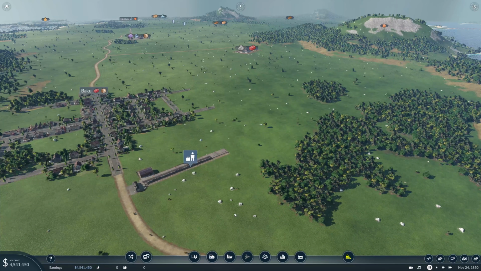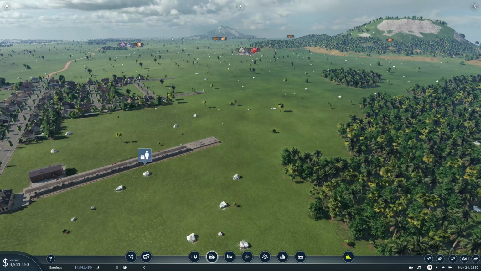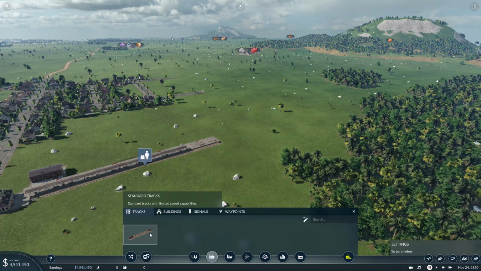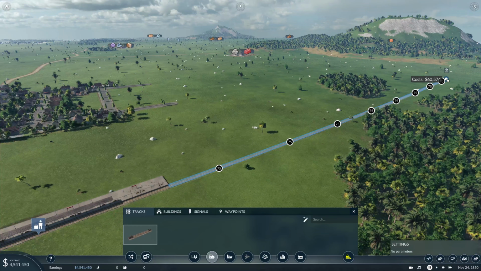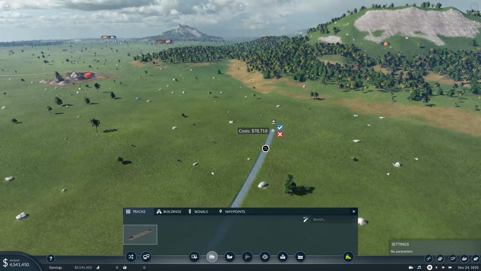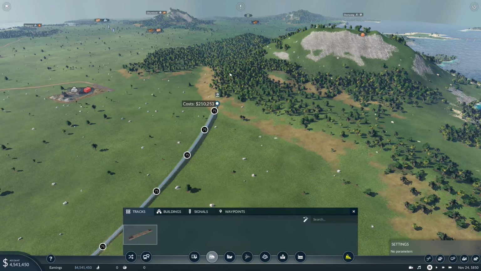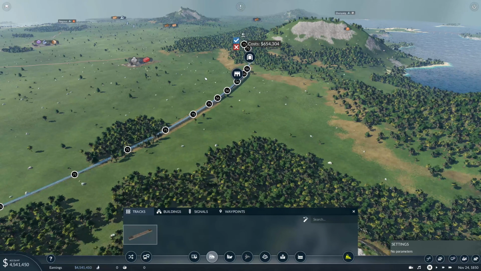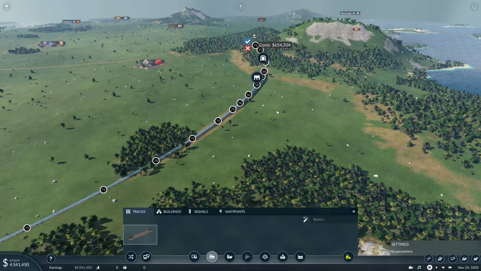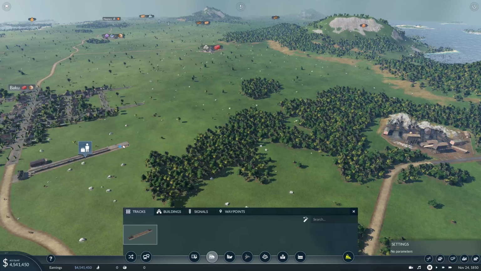So next tip is actually to save you a little bit of money. This is especially useful in the beginning when you're starting out and you haven't really got any money, especially if you're playing the game properly. So the best thing to do on tracks is, if you go and draw one big track, it's going to cost you huge amounts of money. This is probably a bad example here because it's all flat. But if we were to go through kind of like that, it's going to cost us 650,4000 to do that track there. But if we do it in smaller pieces,